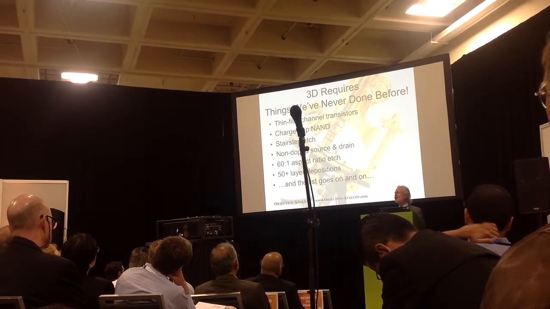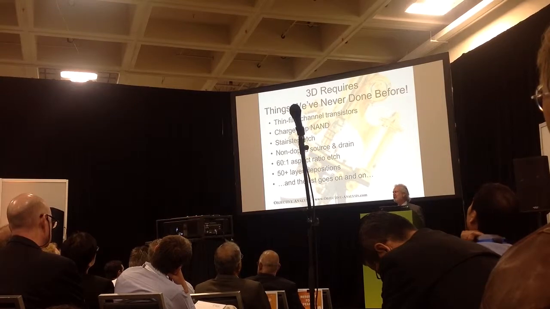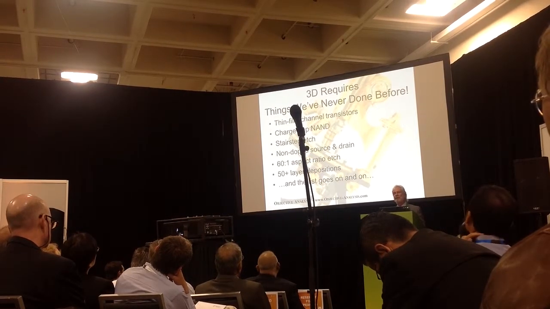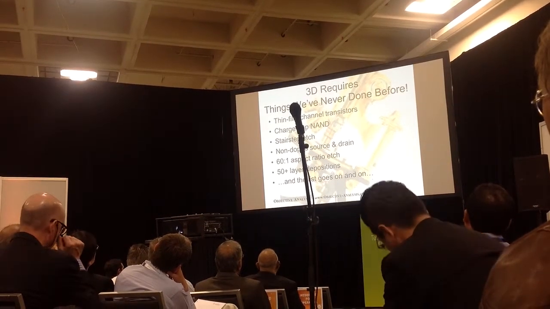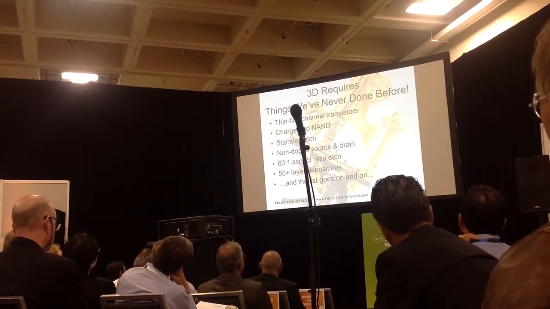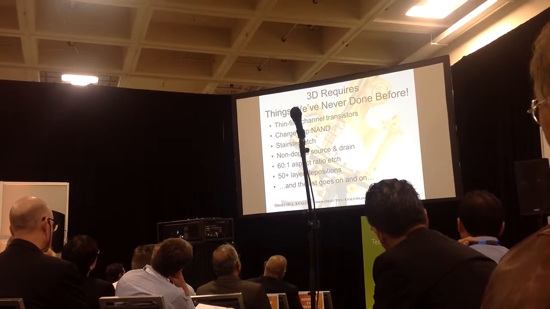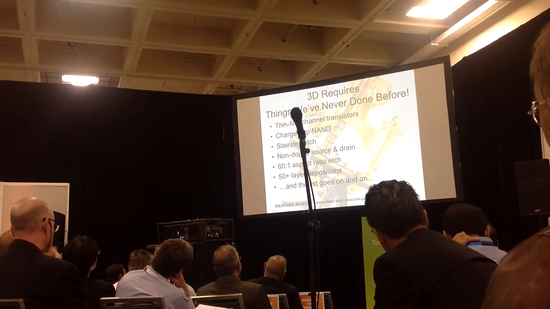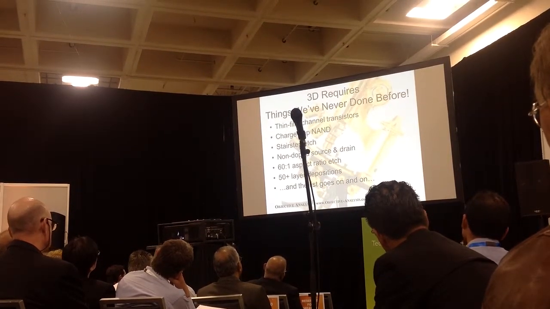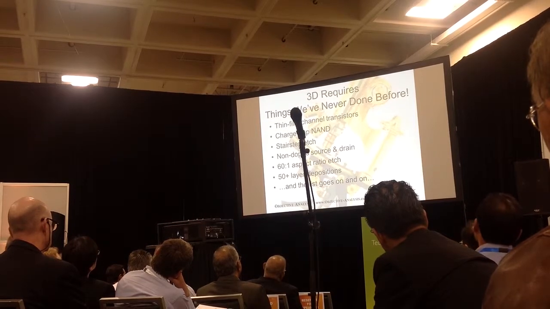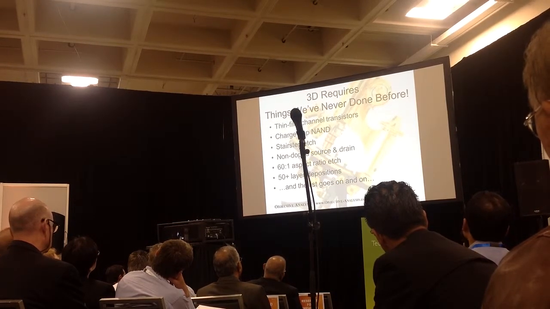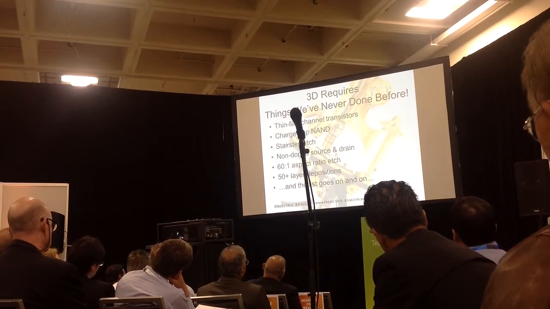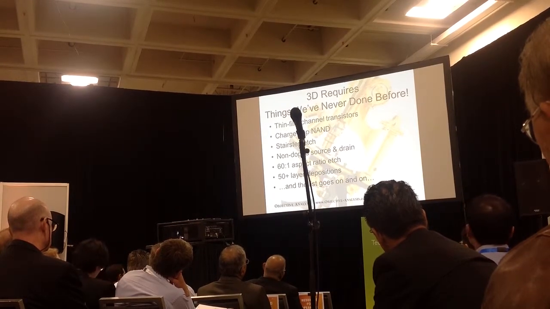You've got these extraordinary aspect ratios. Typically in DRAM, you've got like a 40-to-1 aspect ratio, and in NAND flash, you're going to be going to 60-to-1, maybe even higher aspect ratios. And so that's going to require very tight control of the way that you etch. These multi-layer depositions, those are things that haven't been done before. And so we've got all of these different technologies that we haven't done before. It's just a very long list.